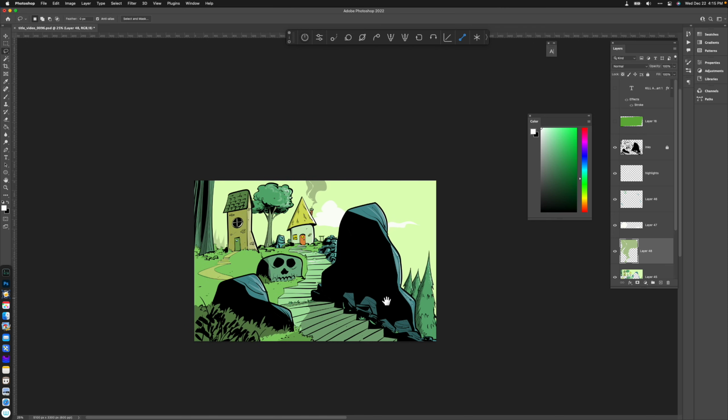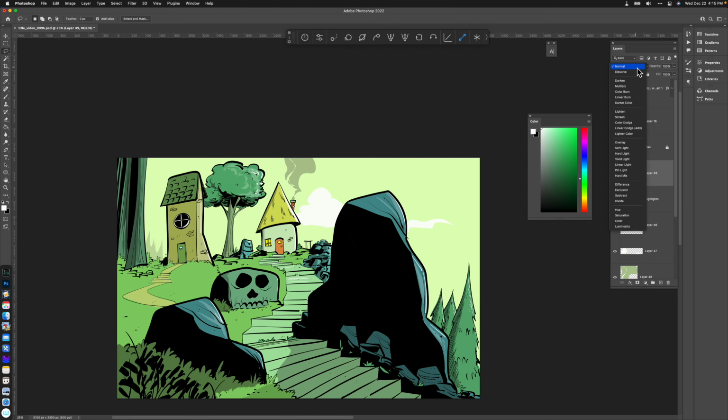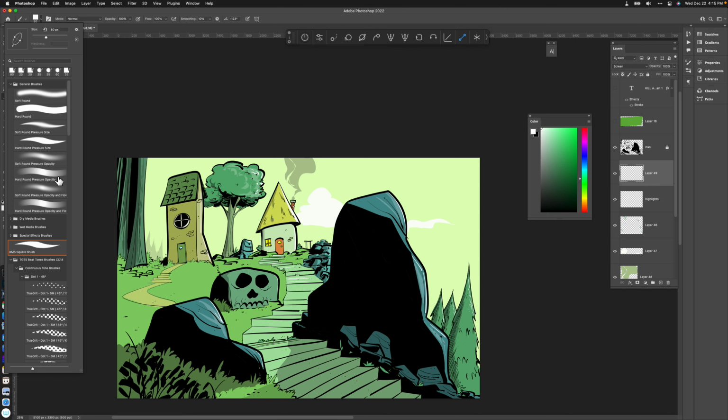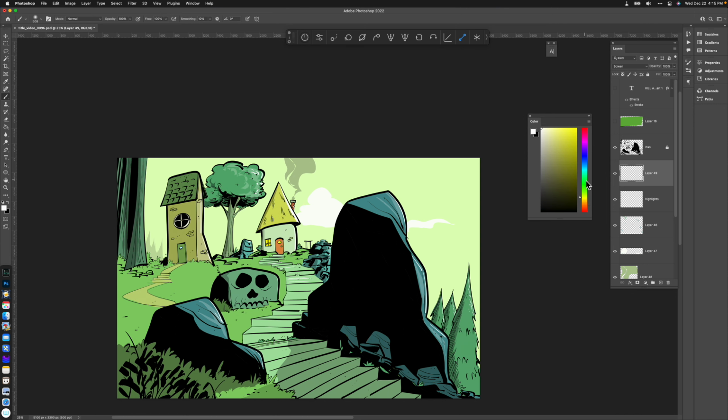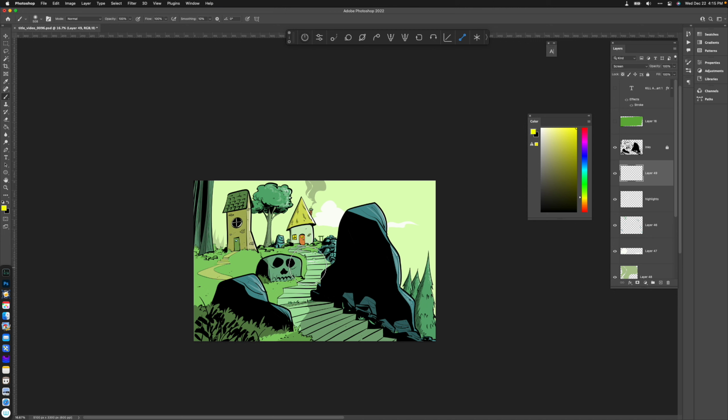All right, so let's now add some enhancements to this. Let's give it some kind of atmosphere and have some fun with it. So let's go ahead and set a screen layer now. We'll use the soft round pressure opacity brush. It's called soft round pressure opacity and flow. You can just crank that up to about 1,000, make it nice and big. And the screen layer, I'll show you what that will do. If I pick a non-white value, it gives you a very subtle